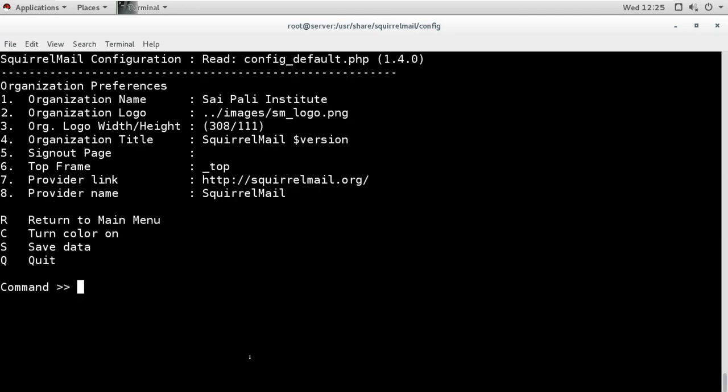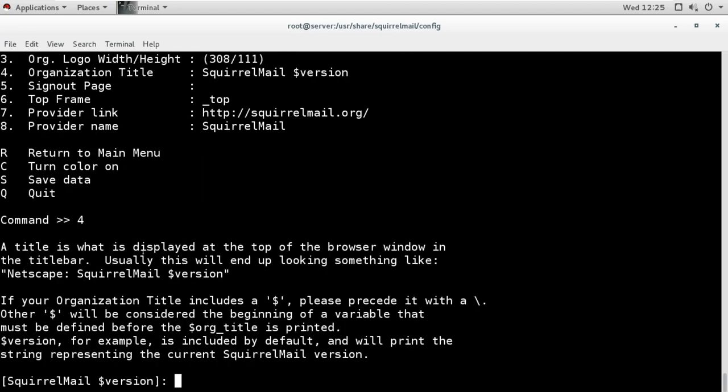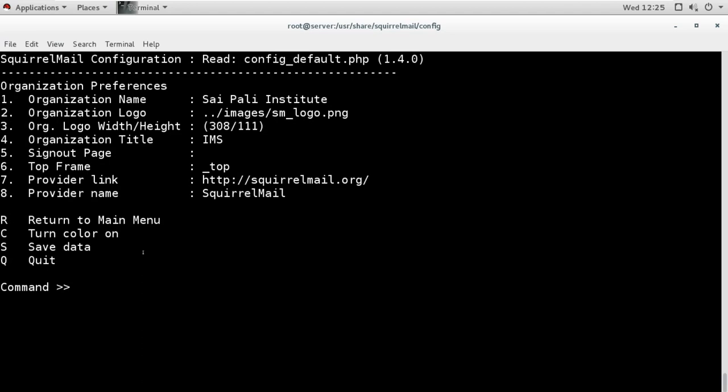Enter. What else? Organization title, I will change the title also. Number 4, this is IMS. Then provider link is number 8. I will change this also.